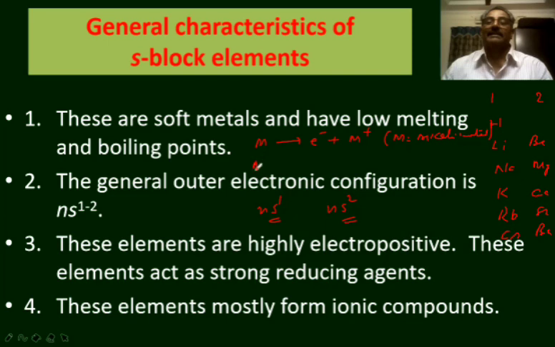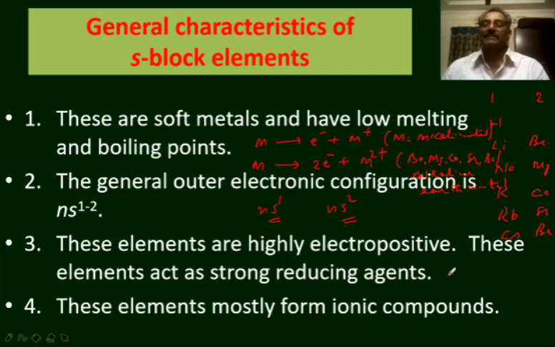In the second group, the element M loses 2 electrons to form a dipositive ion. M2+ is formed. Here the element is either beryllium or magnesium or calcium or strontium or barium. That is alkaline earth metal. Cations are formed by the loss of electrons. These cations are associated with anions by strong forces of attraction. As a result, the ionic compounds are formed.